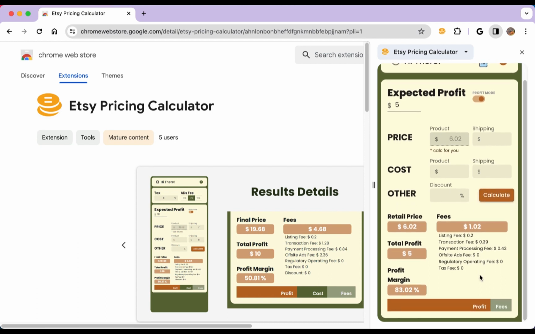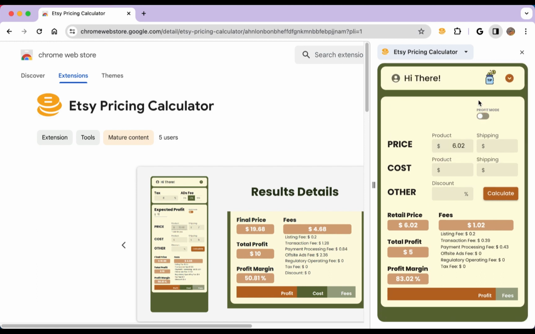The extension then provides the fees you'll pay to Etsy and the retail price you should set based on the profit you've entered. And when you're looking at a specific price point, price mode helps you understand your potential profit